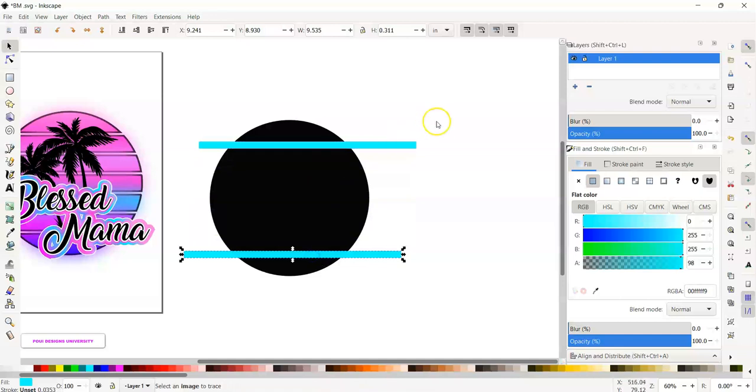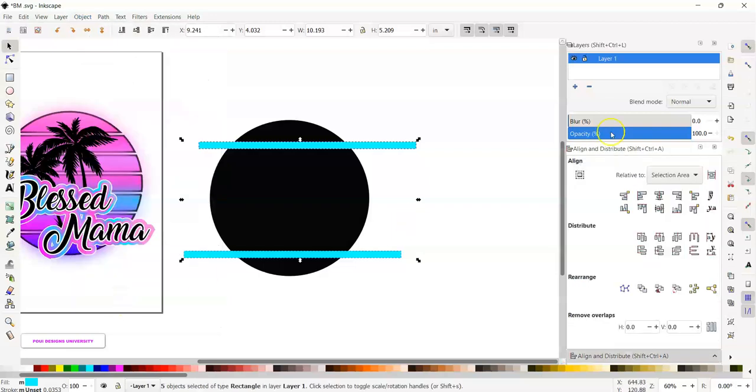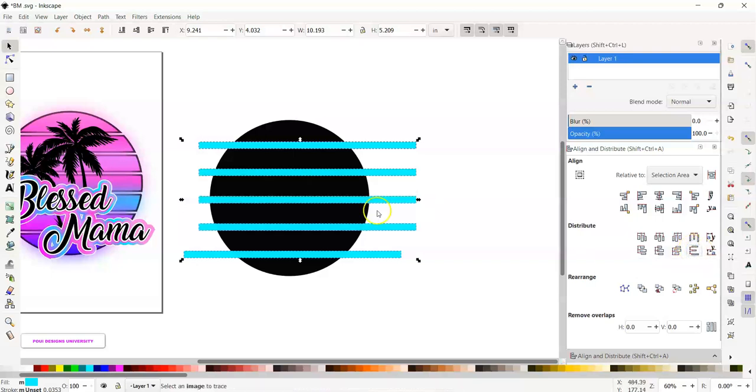Okay, drag it down, and I'll select the lines over there with this one too. Only the lines, not the circle. Here I have 4 more lines in here and 1 here. So I'll select both, and I'll go to Object and go down here, Align and Distribute. Okay, and this box will open, Align and Distribute, and then I will choose this one. I want them to be distributed evenly, so I'll choose this. You see how it distributed them,